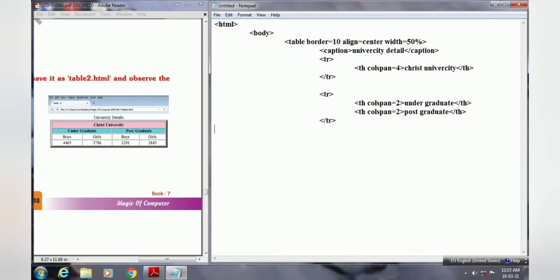Then now it's time to create the third row. So in the third row you can see the headings boys, girls are there. So these headings we will write with the help of the tr tag only. So here we will use the tr tag, and here also, these are column headings only, so I am using the th tag. So th, and what is the first heading? That is boys, and closing th.